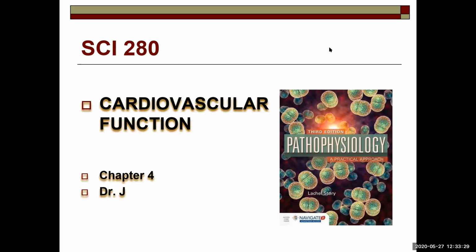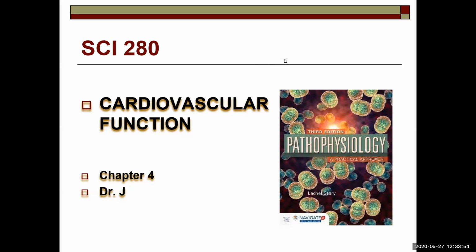Let's go ahead and begin here. This will be the next exam. So the hematology exam will be on Friday and Saturday. And this exam will be next week, probably Friday and Saturday again. So we'll do this. Cardiovascular